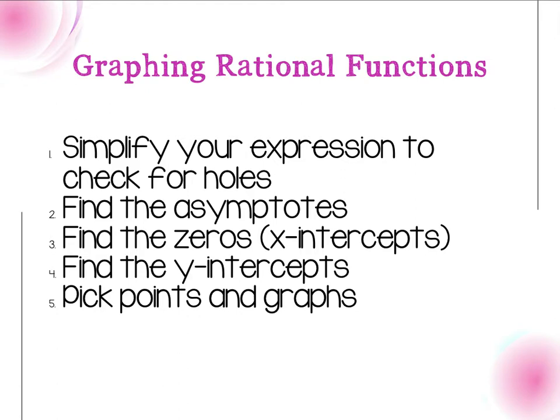So this is my advice for order. Simplify your expression to check for holes first. So look to see if you can factor it. Remember, if something cancels, that means there's a hole at that x. Then find your asymptotes. So remember from here, our vertical asymptotes are setting the denominator